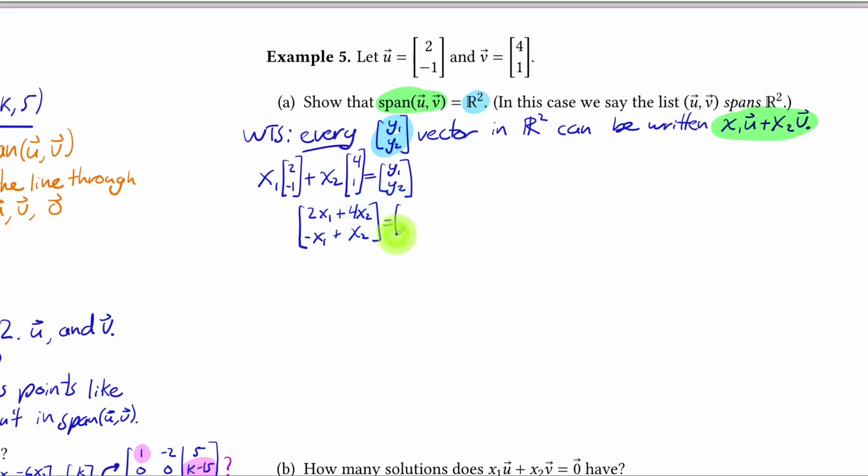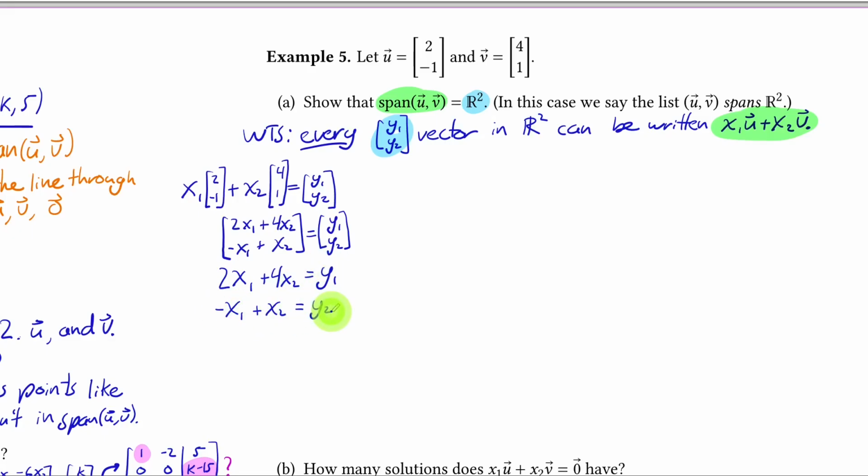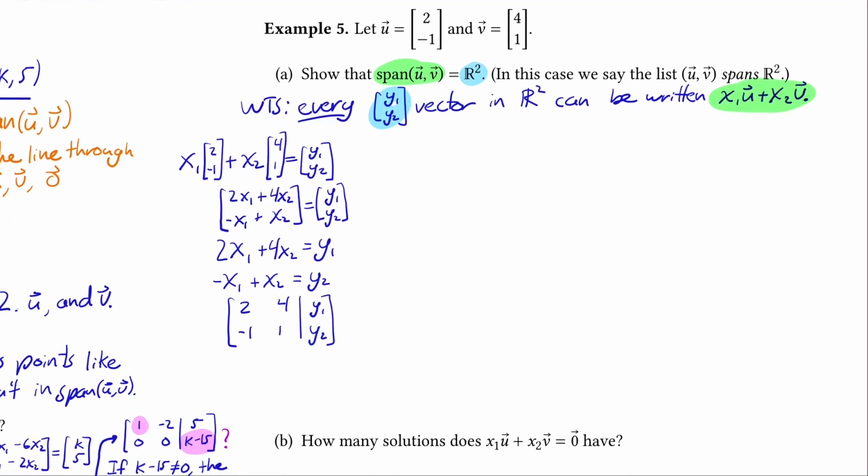We want to make this equal to (y1, y2), and that is equivalent to the system of linear equations. Scooch this over to make some room. 2x1 plus 4x2 equals y1, like so. And that system of linear equations has an augmented matrix like so,